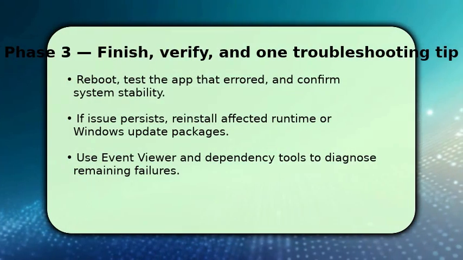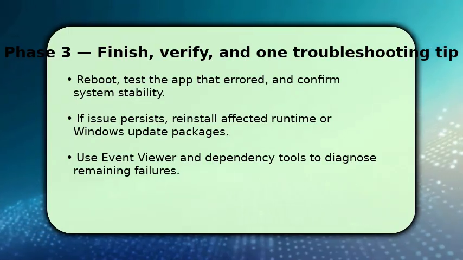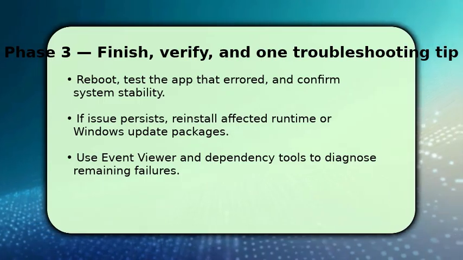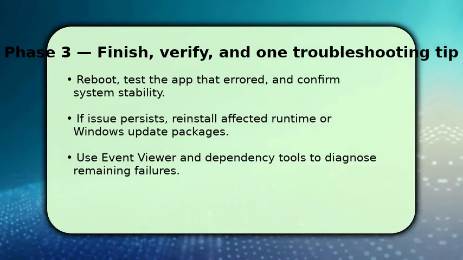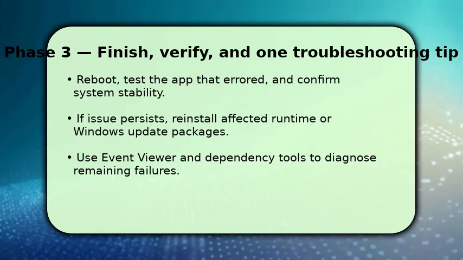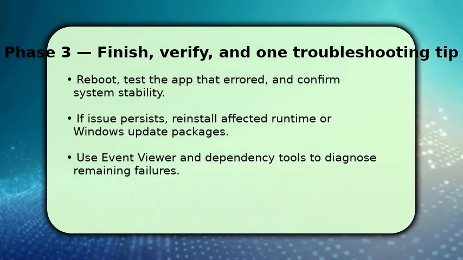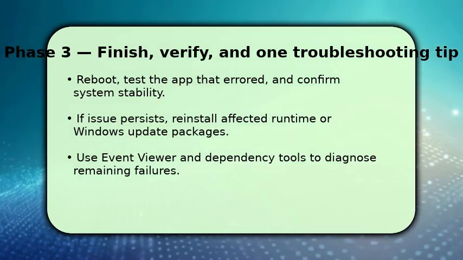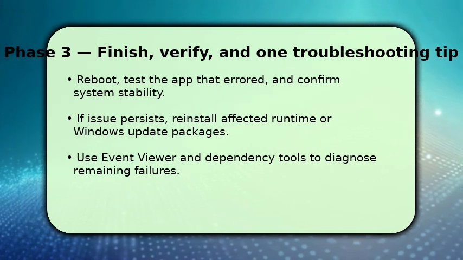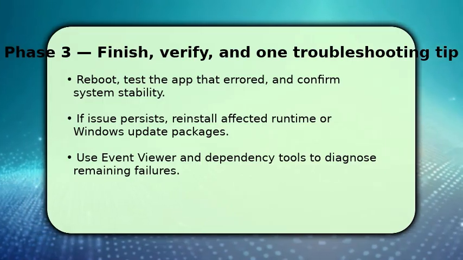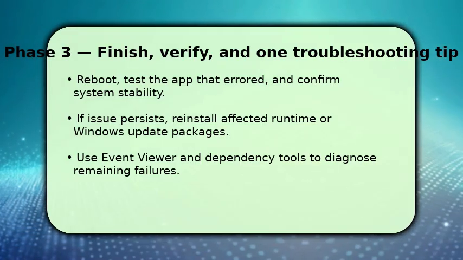If problems continue, reinstall the affected runtime, such as the Visual C++ redistributable, or reapply recent Windows updates, because many api-ms DLLs come from those packages. Make sure to inspect Event Viewer and use dependency tools to locate missing or mismatched modules. These diagnostics tell you whether to roll back updates, replace other DLLs, or perform an